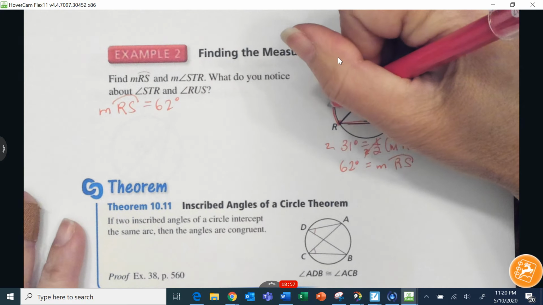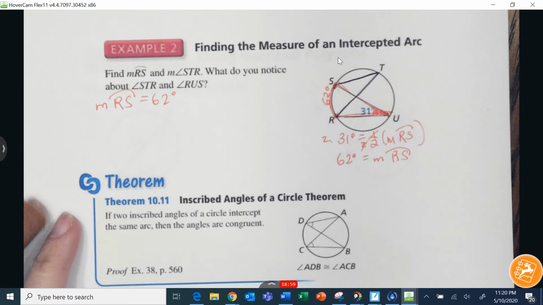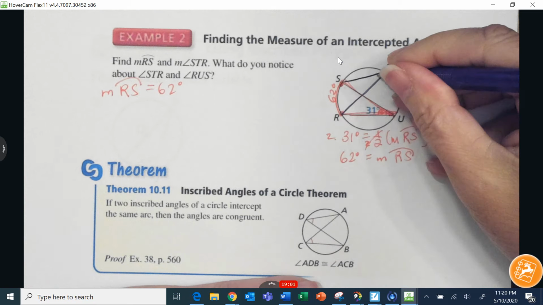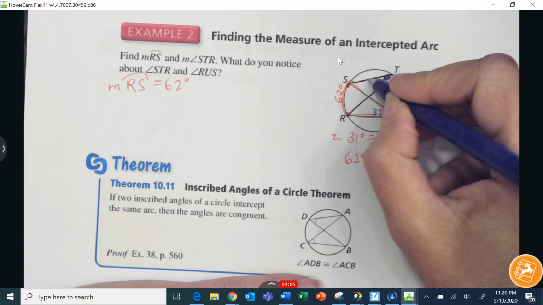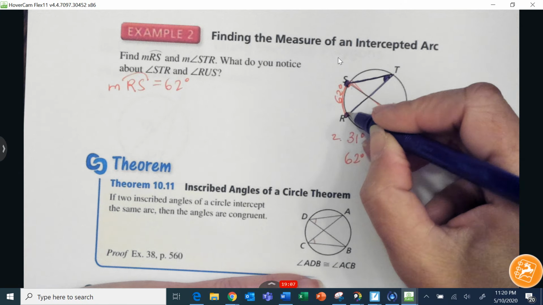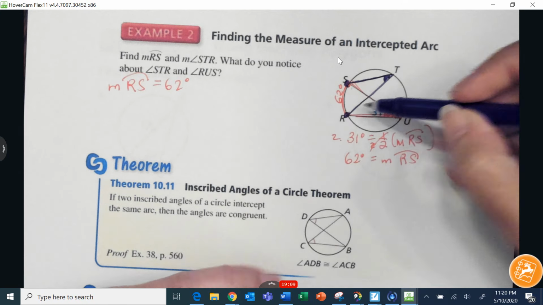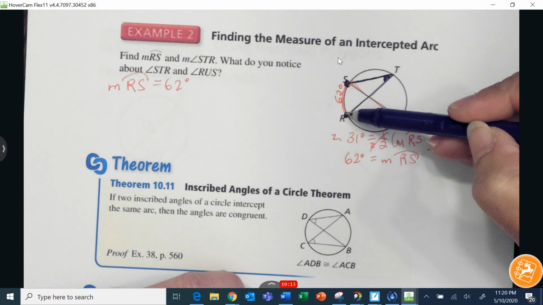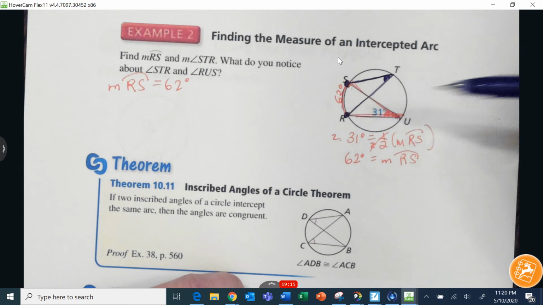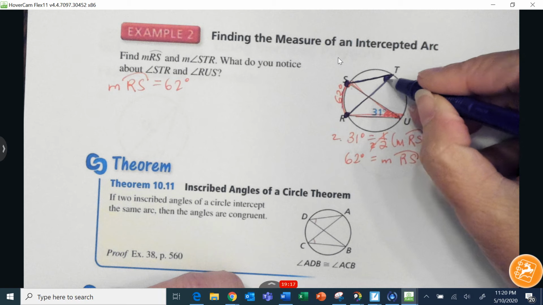So now if this one is 62 degrees, now we need to find this angle. I go and look for the ends of that angle, and they are exactly the same ends of angle U. They are at S and R, which has an arc of 62 degrees. So this angle has to be